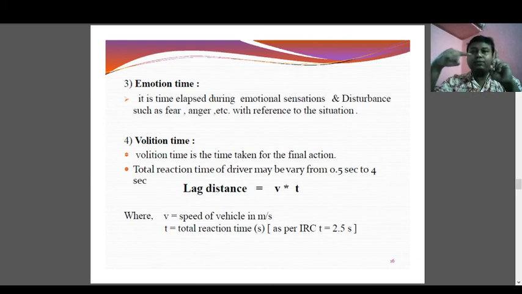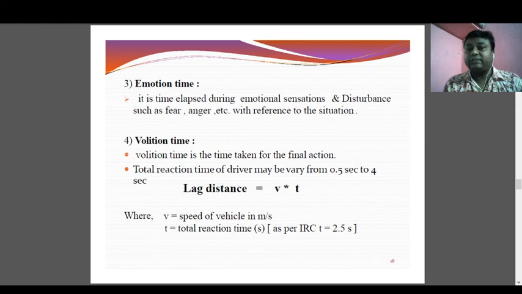So the vehicle is moving at, suppose, 80 kilometer per hour. This is the V, and he or she has to stop within some reaction time. This reaction time is known as the T. So from this equation, the lag distance, we have to calculate how much distance the driver should take to stop the vehicle, so that the object appearing in front of the vehicle should not be damaged, or due to that object the driver or the vehicle should not be hampered. So this is the lag distance.